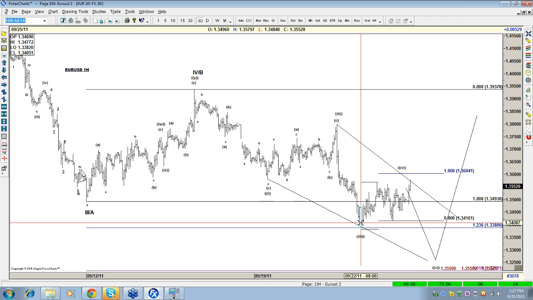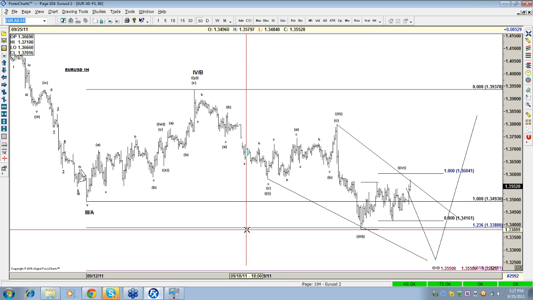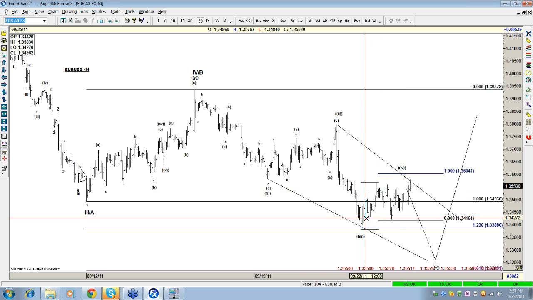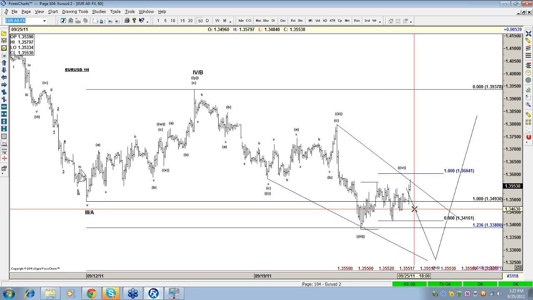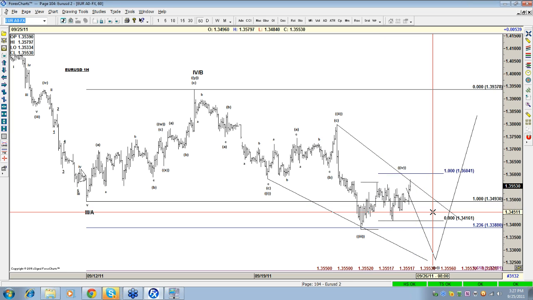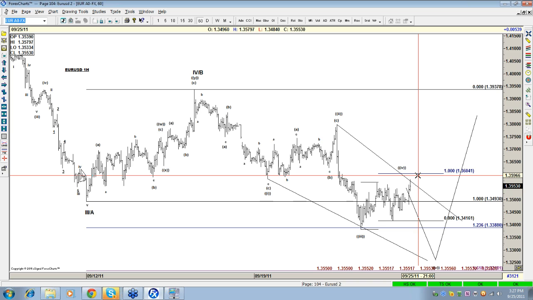Equal legs. Guess what? When I saw the recovery here, don't you guys know how I changed the count? Automatically. I didn't mention the flat anymore. And I changed my count. Why? Because the data is talking. And this is corrective. This has the look of an ending diagonal. I can be long risk here, and guess what? Right here, I want to sell the euro around when the market opens, most likely.